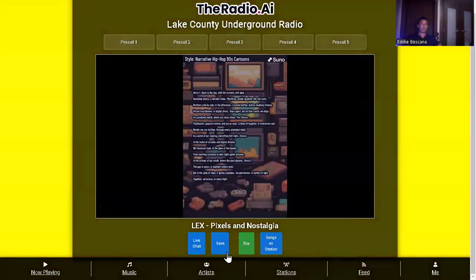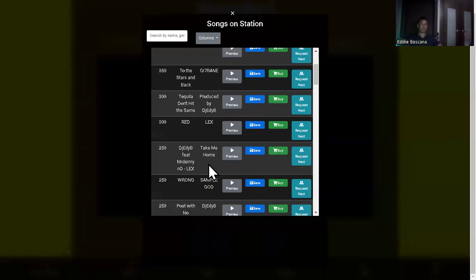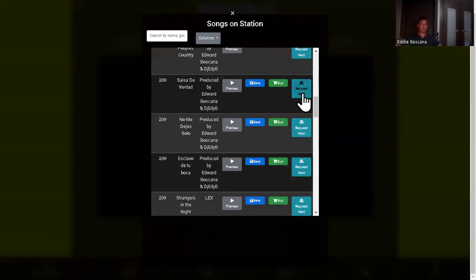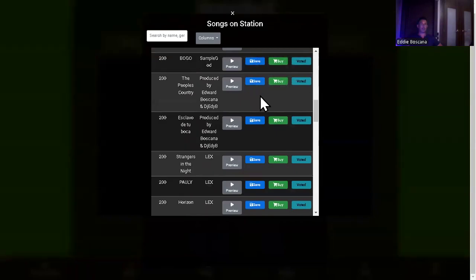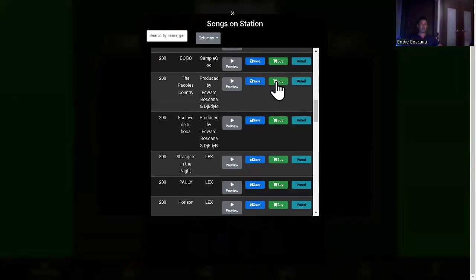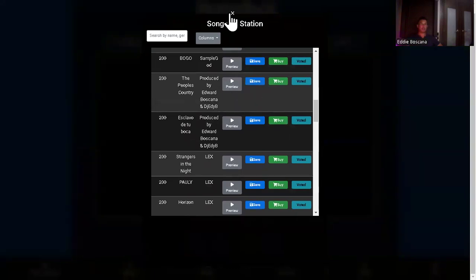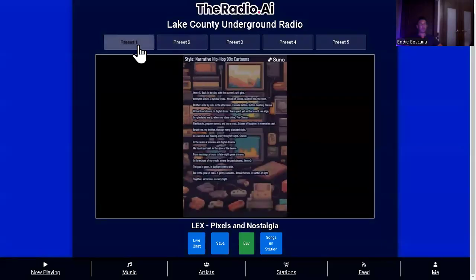Right now, users can come here and choose songs on station. They can see a list of songs. They can request a song next. They can quote unquote buy a song. The buying mechanism hasn't been added yet. They can listen to a preview of this song. They can click save if they want to save it. They can preset the station, and it's just a streaming music experience where you get to listen to music and see